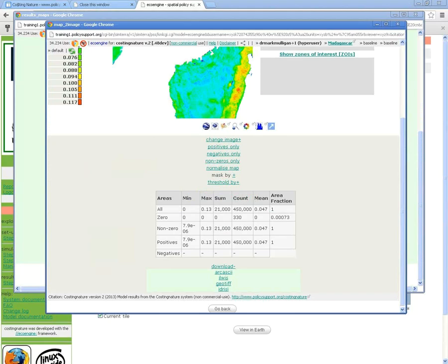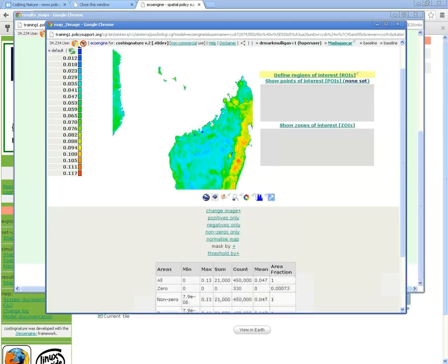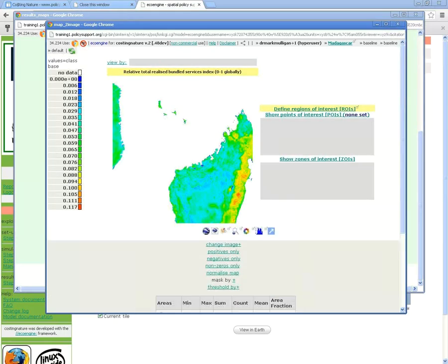We can also look at only positives or only negatives, which is not very useful for costing nature because all values are obviously scaled between 0 and 1. And we can normalize the map, but that's already done as well because Costing Nature already normalizes. But we can also view this map by other maps. If I click on View By,